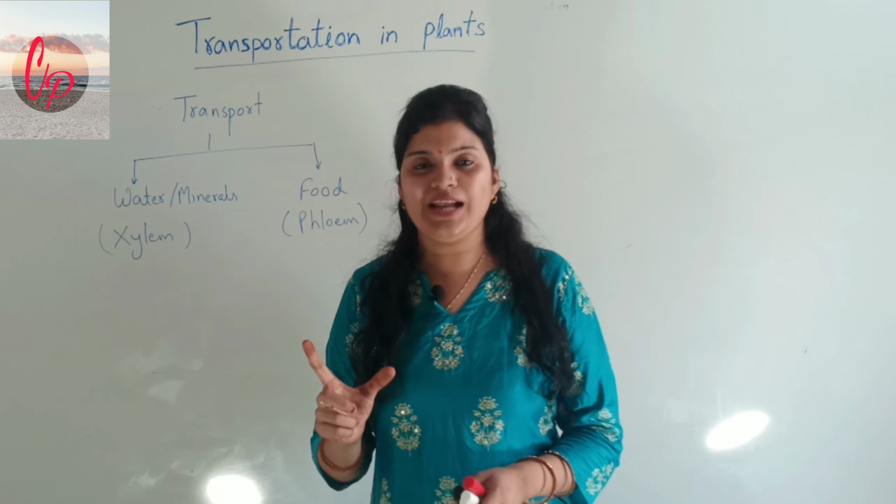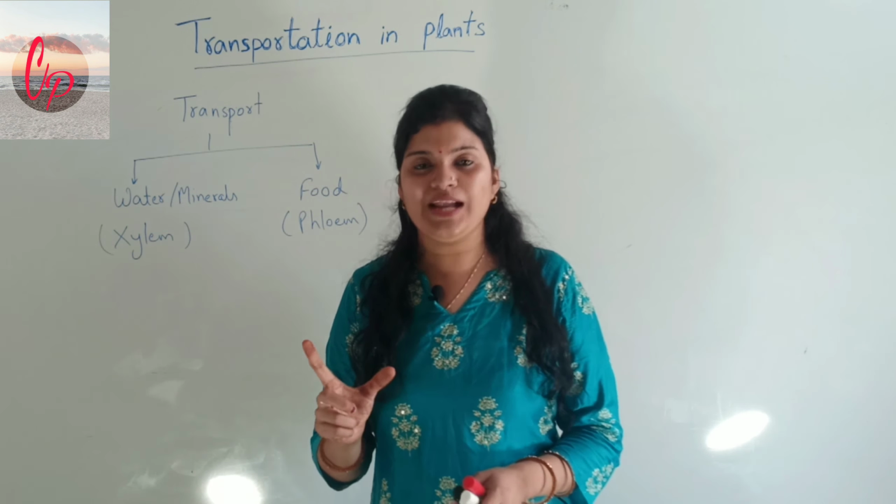When we talk about plants, the food which is prepared is present in the form of sucrose. This sucrose is transferred from green parts to the non-green parts of the plant with the help of phloem vessels, and this process is called translocation. This translocation is basically the transport of food in sucrose form with the help of phloem cells from the green parts of the plants to the non-green parts.